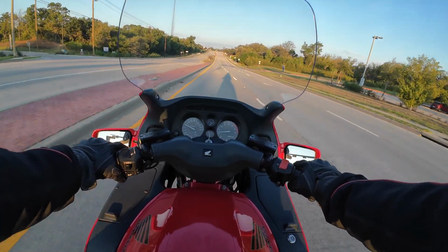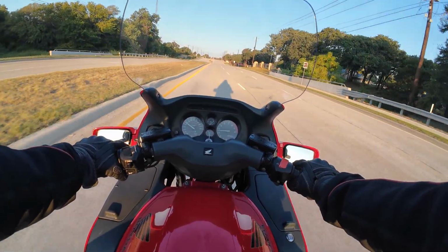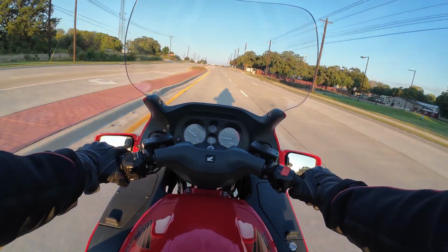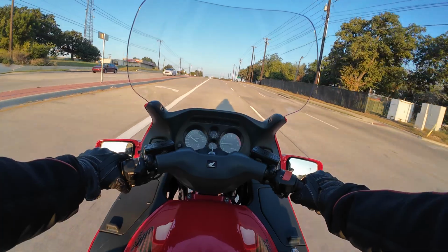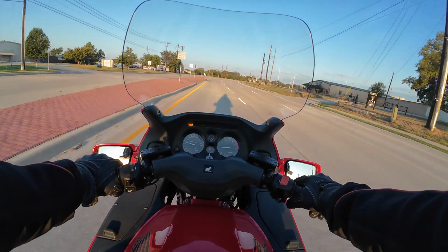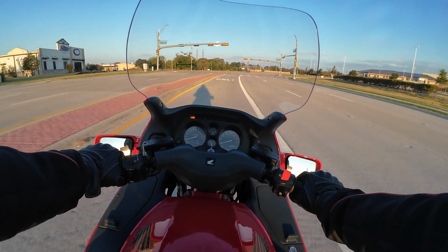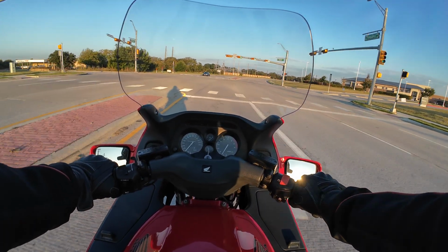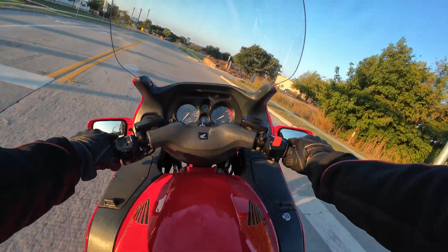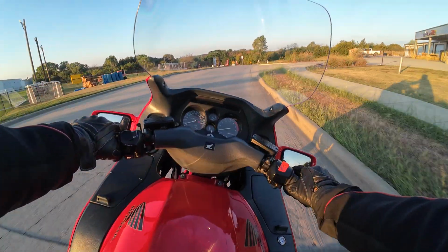What else did I do to the bike? The left side cover had a crack in it. I don't really understand why. I think somebody had tightened down the mounting bolt for it too tight and fractured it. But luckily, probably the only one left in the country, it was the only one on eBay. I found a perfect side cover for it, and I did that. Went to the carbs, obviously changed the oil, changed the shaft drive fluid,